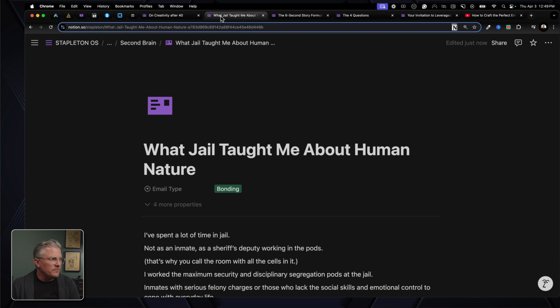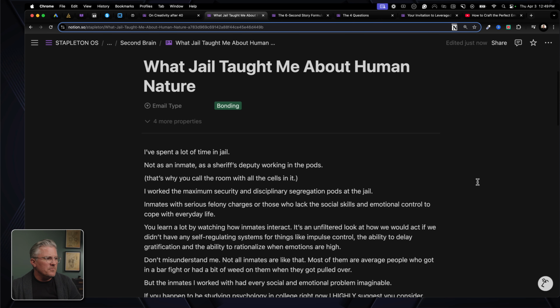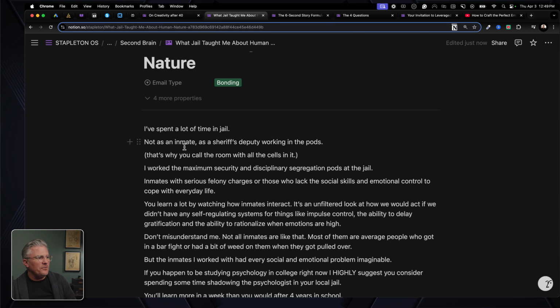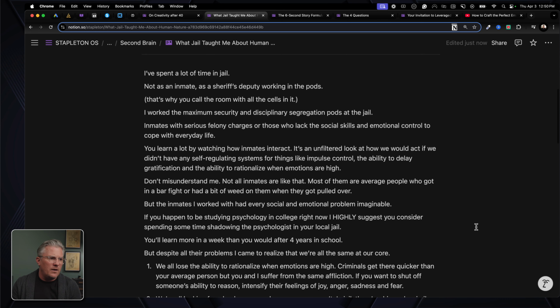Let's take a look at another one. What jail taught me about human nature. I spent a lot of time in jails, not as an inmate, but as a sheriff's deputy working in the pods. That's what you call a room with all the cells in it. And so this is a story about a guy that I met when I was working as a sheriff's deputy in the jail who was a heroin addict,